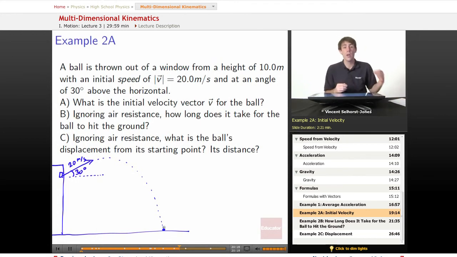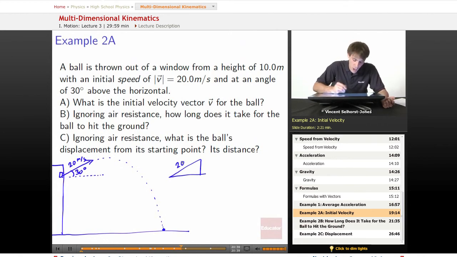So what we want to do is figure out how long it is going to be flying through the air. How long is it going to take before its y location, its y-axis location, hits 0? Once we know that, we can figure out how far it's going to make it to the right. But first we're going to have to know what's its initial velocity vector. So if we've got